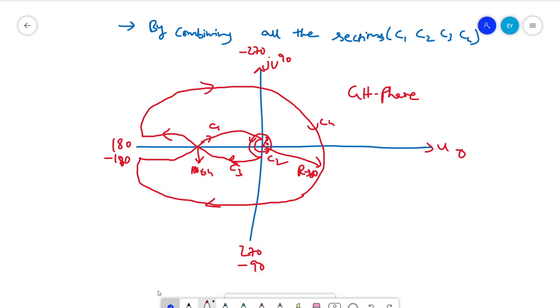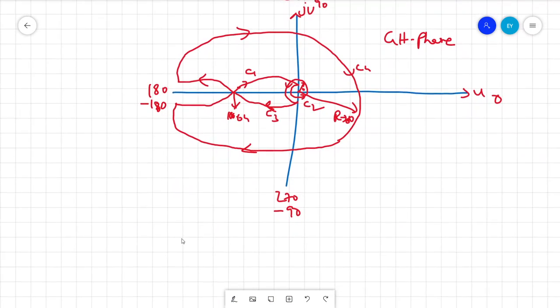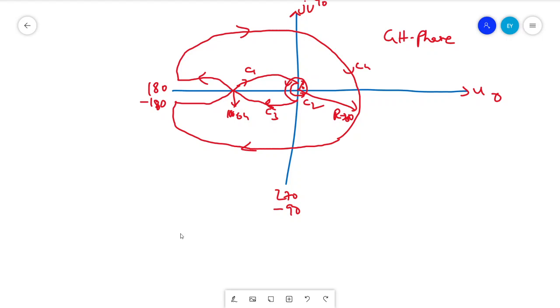Now what we need to do is estimate the system stability. In yesterday's class, if you remember, I told you how to estimate the system stability in a quick way. If you select the minus 1 plus j0 point, this is 10.64 on the real axis, and minus 1 plus j0 will be somewhere here. If you are going along the path from the initial state, initially it is starting at minus 180 going towards the origin, minus 1 plus j0 is coming on